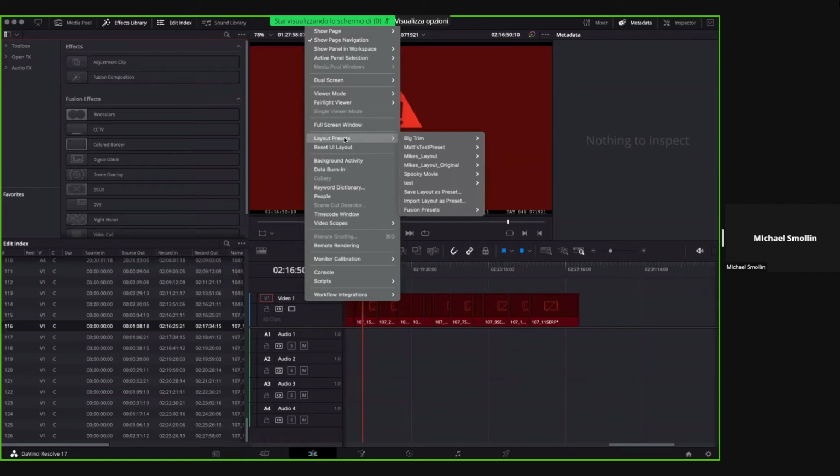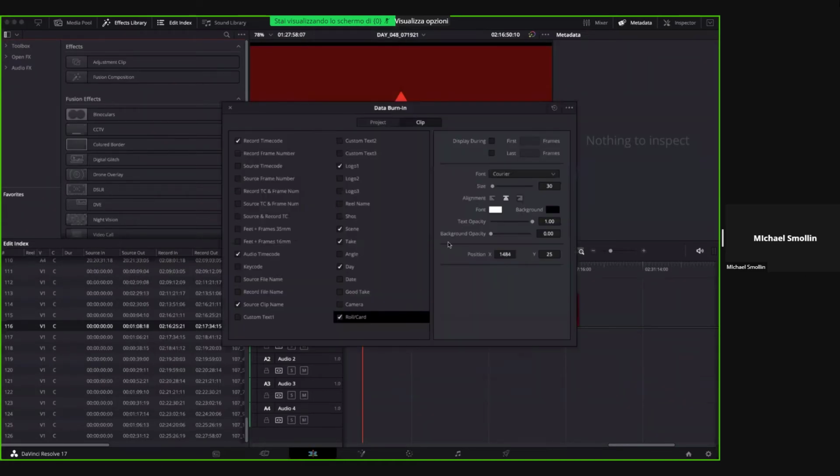You can also save your layout preset, like how your columns and your pages are laid out here. And you can actually export a layout and import a layout. So if you're working on different machines, you can create a layout and how your pages are laid out. You can save those, update them, export them, delete them. That's also under workspace. But once you create a data burn-in